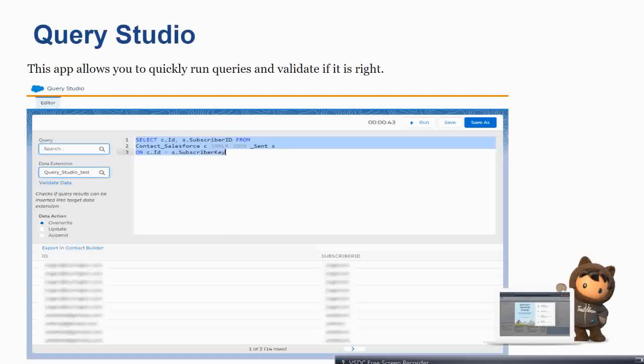Now there is Query Studio. Okay, so what is Query Studio? This is given by Salesforce to ease the life of developers who work in Salesforce Marketing Cloud, because every time you write queries, you want to test them. It's like a MySQL Workbench, where every time you write something, you want to test it, right? Whether the query is working or not. So this is a platform where you can test your queries before you put them into the real world or production. Okay, so that's what Query Studio is.